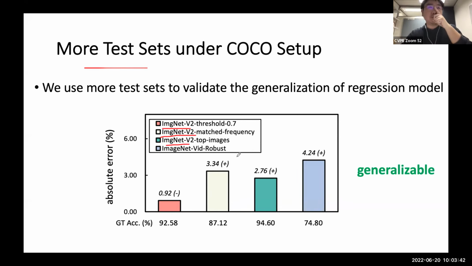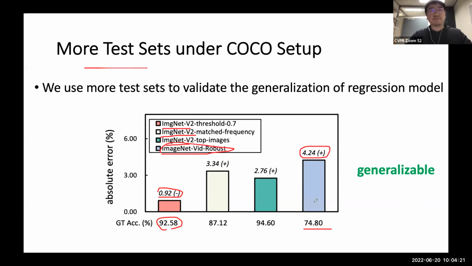For example, on ImageNet V2 threshold 0.7, the ground truth accuracy is 92%, and what we estimated has a very small error, 0.9%. The worst case is ImageNet VID robust, where the ground truth accuracy is 74 and what we estimated is 4% different from the ground truth accuracy.